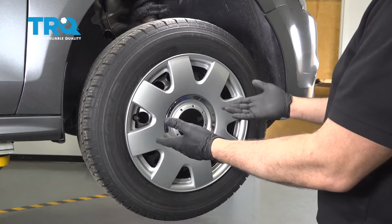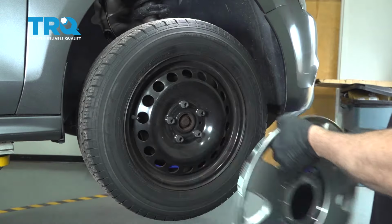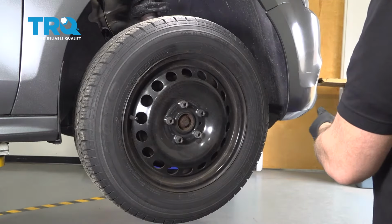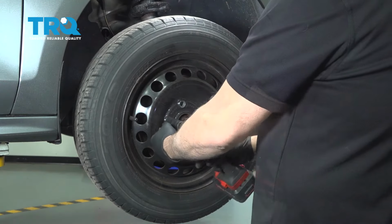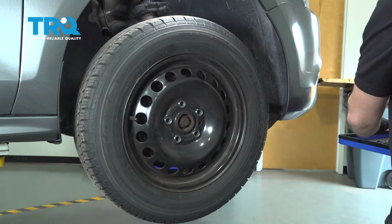If your vehicle is equipped with a hubcap, you want to go ahead and grab the hubcap, gently tug away. You want to go ahead and set that aside. Using an 18mm socket, you want to go ahead and remove the lug nuts. Remove the wheel